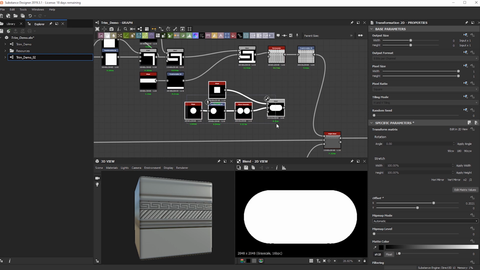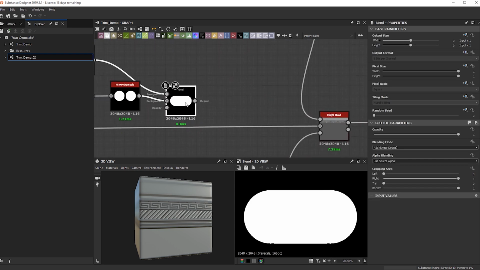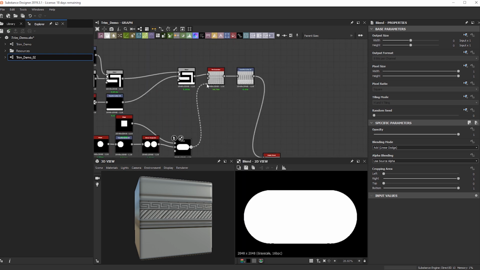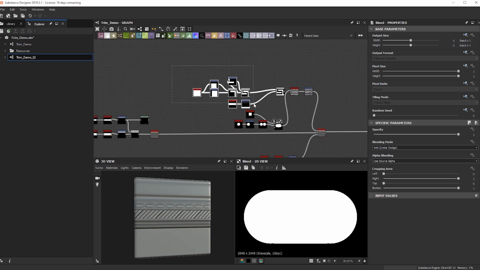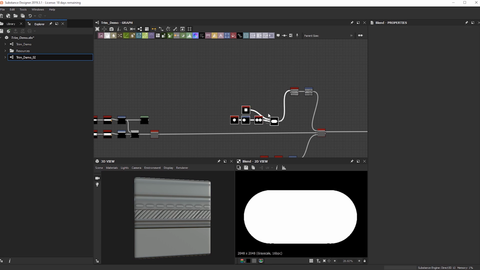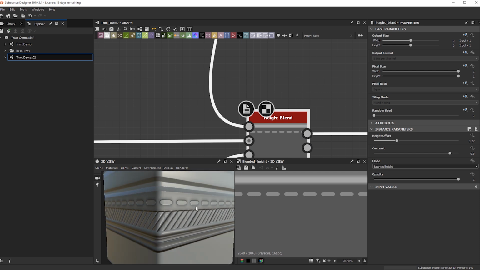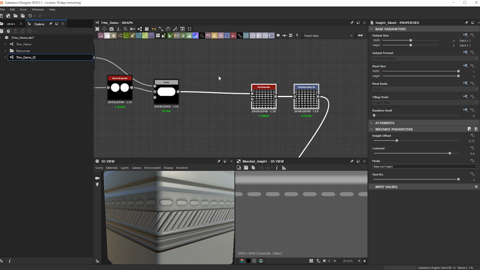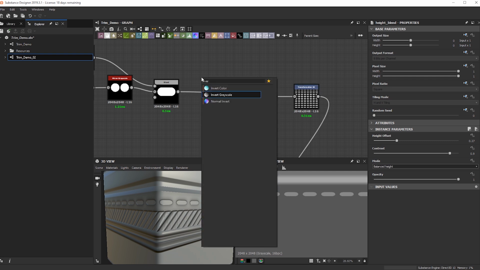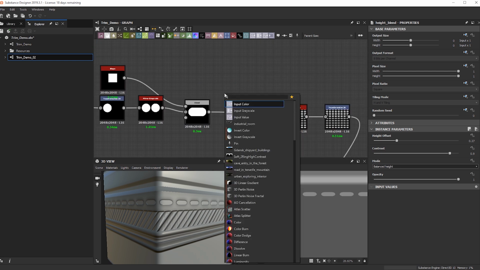Cool. All right. So let's take this guy and see what happens when we plug this into our tile generator. I just want to see what will happen. Okay. Cool. So we got what we needed. But we have it set to extrude because on the height it's going in the white value. So what we can do is an invert here.